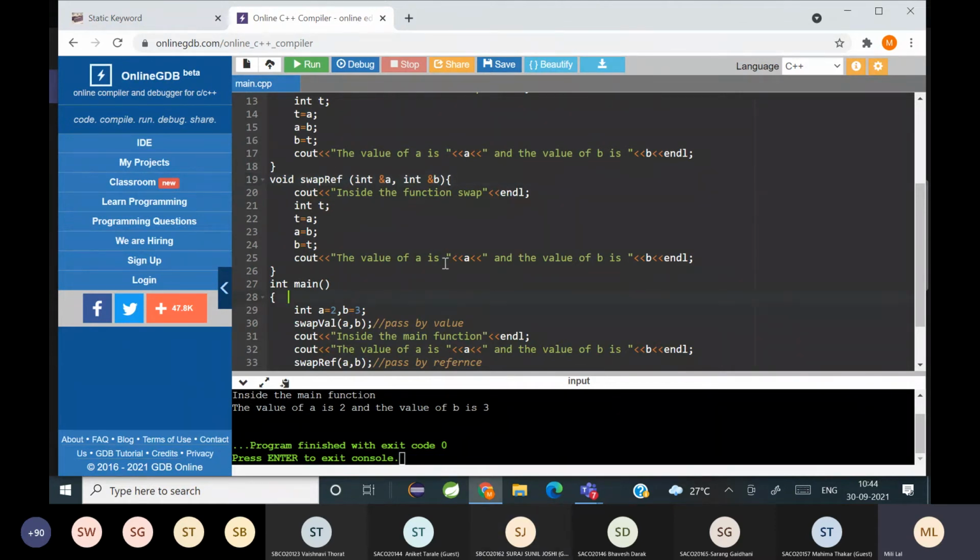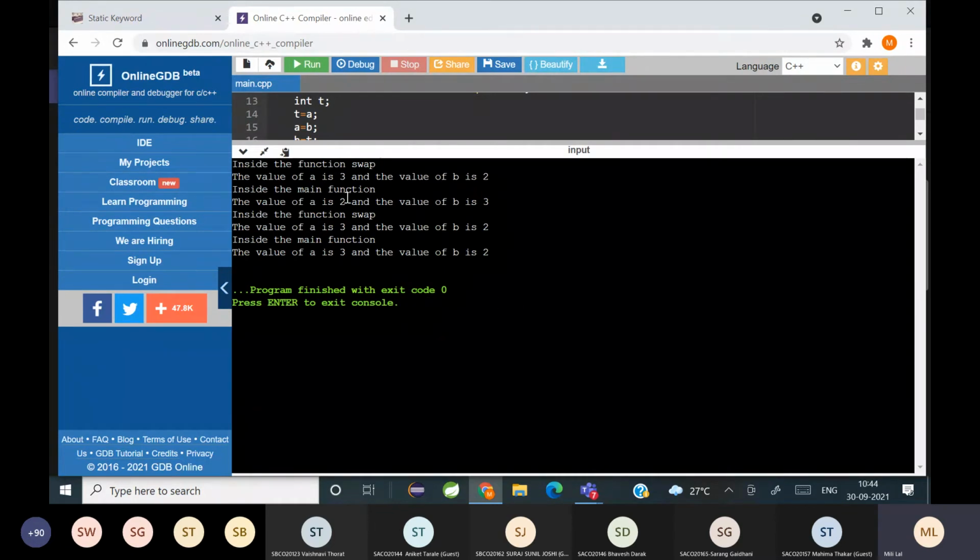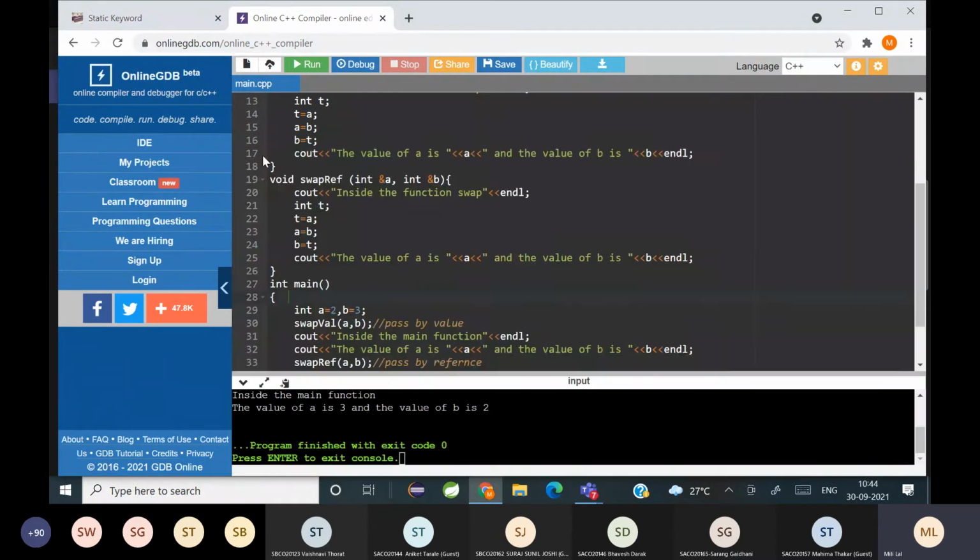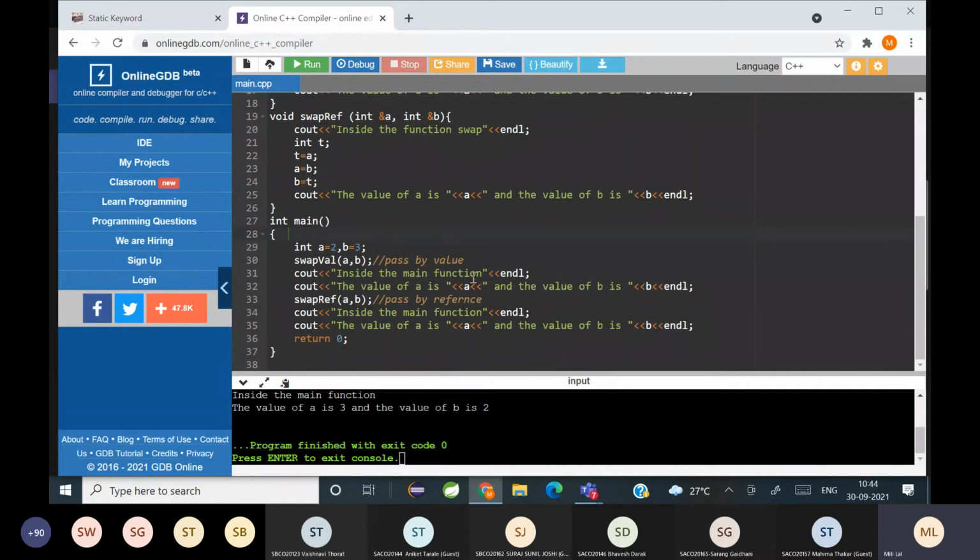Now let's see what happens here. Wait, I'll have to change this a bit. Inside the main, okay. Instead of main function, I will write main function pass by value and here pass by reference. ठीक है.